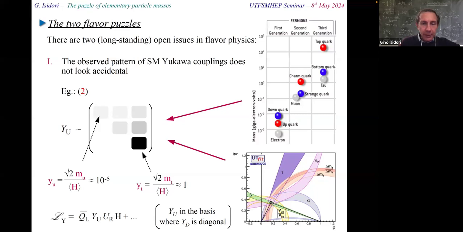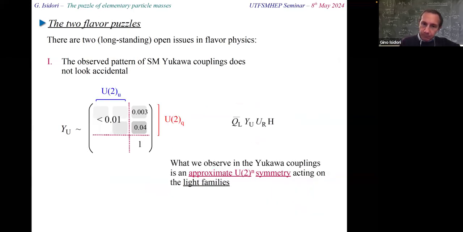So why is this so? Clearly, this doesn't look accidental. This 5 orders of magnitude span on a parameter in the Lagrangian, we would like to have an explanation for that. And to be more quantitative, because this will be important in the future, what we seem to observe in the Yukawa coupling is an approximate U(2) symmetry. This U(2) symmetry is a symmetry acting on the light families. So here you see, this is the Yukawa interaction, the interaction between the quark doublet and the quark singlet. These are triplets in flavor, because there are 3 flavors for this field and 3 flavors for this field. Now, if I say that there is a U(2) symmetry acting on the light generations, on this field here